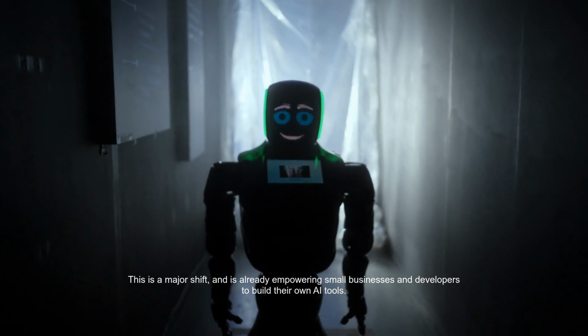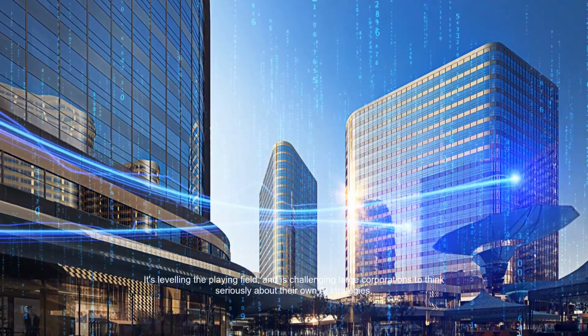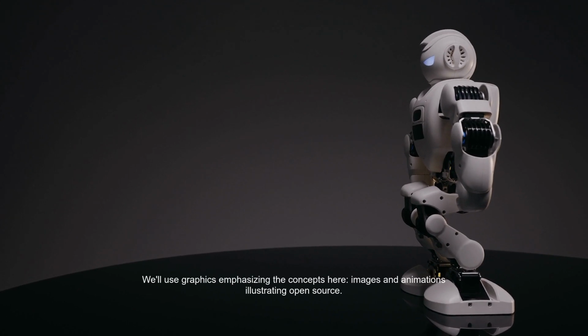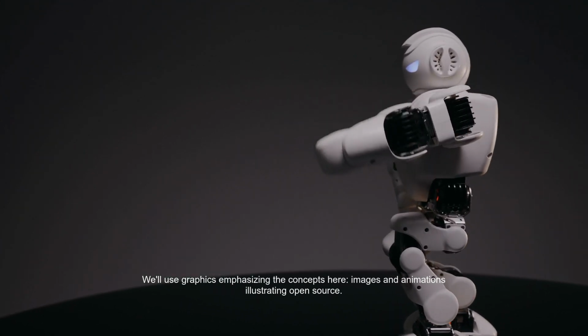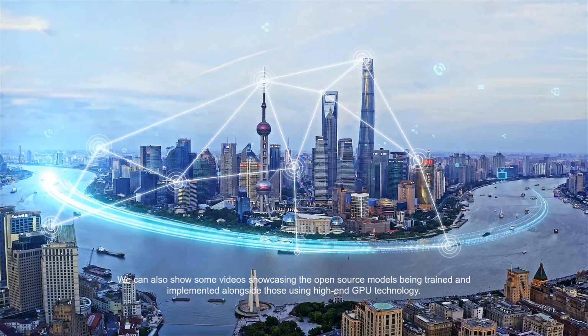This is a major shift and is already empowering small businesses and developers to build their own AI tools. It's leveling the playing field and is challenging large corporations to think seriously about their own AI strategies. We'll use graphics emphasizing the concepts here, images and animations illustrating open source. We can also show some videos showcasing the open source models being trained and implemented alongside those using high-end GPU